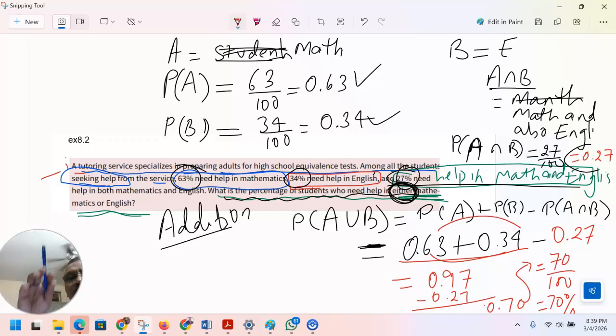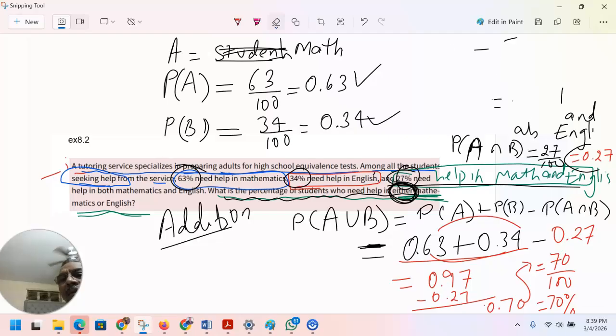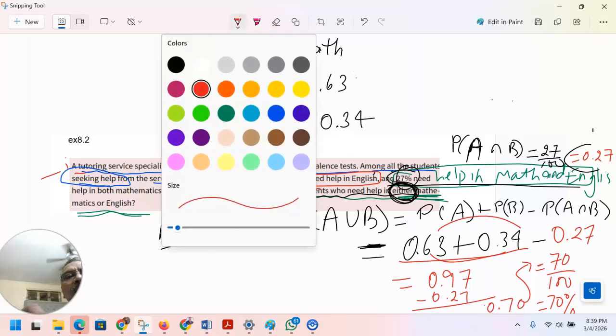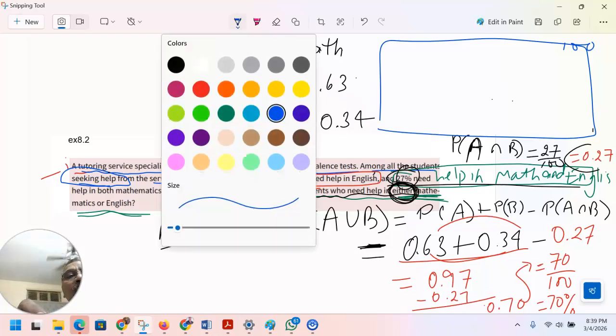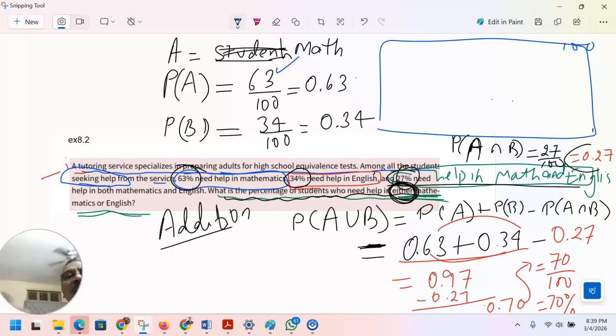So how do we understand these visuals? Maybe I would like to show the visuals also here. Let me make room here. Using a Venn diagram, we can understand this. Assume that there are 100 students. These are all 100 students. And out of these 100 students, I'll use blue, there are 63 students. So these are 63 students who take mathematics, maths. So there are 63. And those who are taking English,